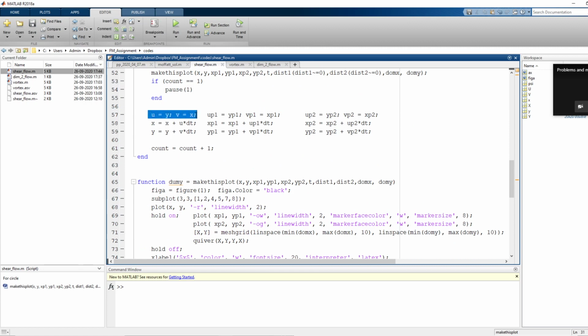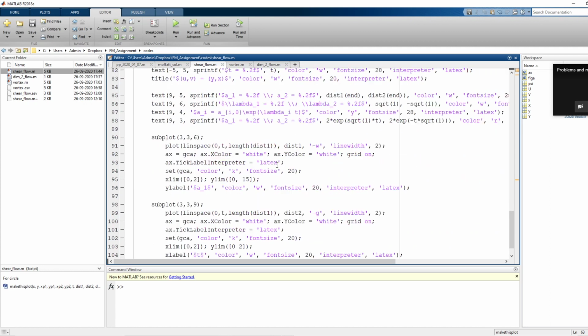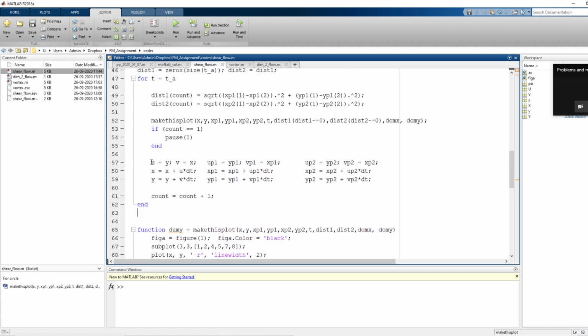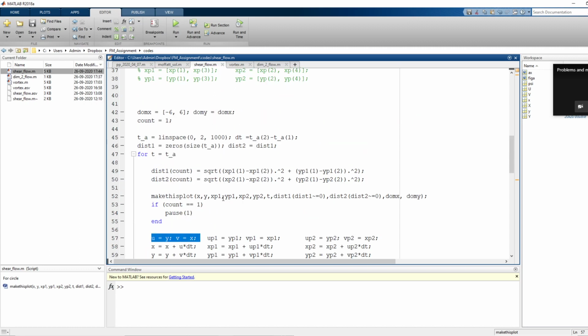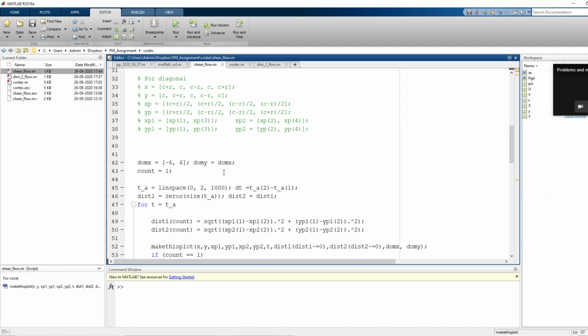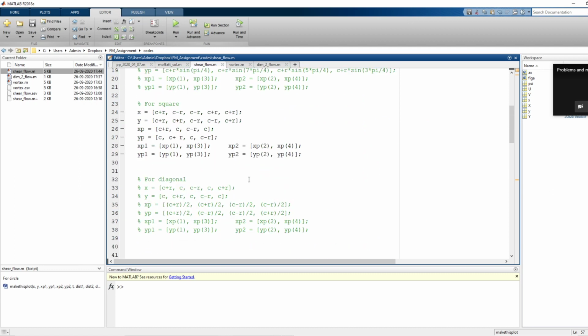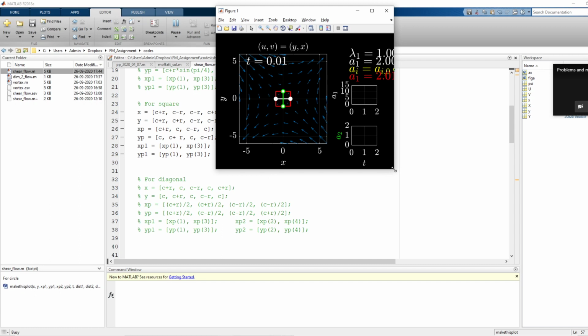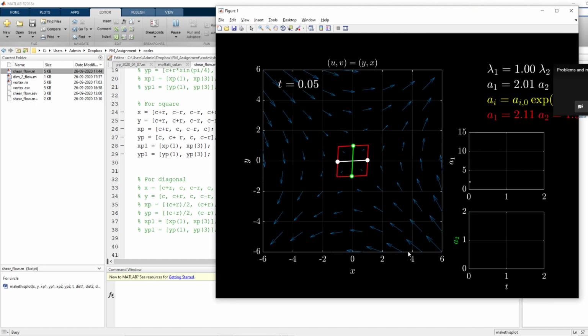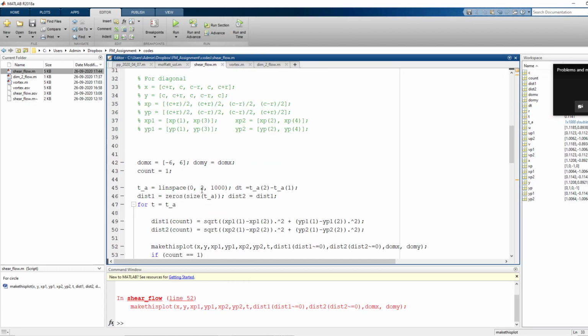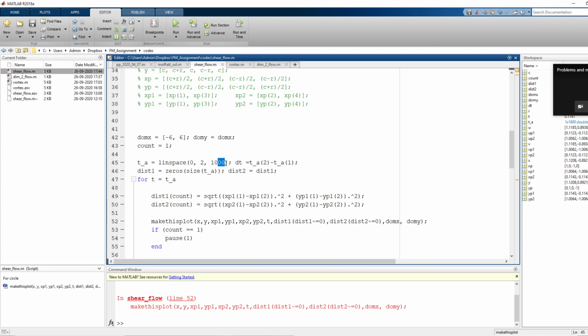Yeah, so the velocity profile is over here, u equal to y and v equal to x. Alright, is it clear? U equal to y and v equal to x. This is the important part. Everything else is just to make everything look pretty, nothing else. So let's do it. Let's run this file. See how this looks. Okay, maybe the time step is too small.